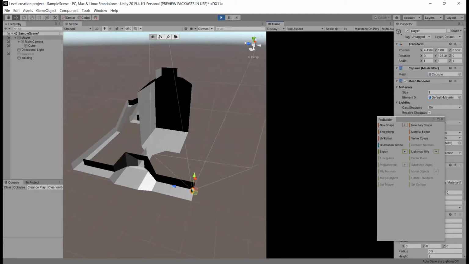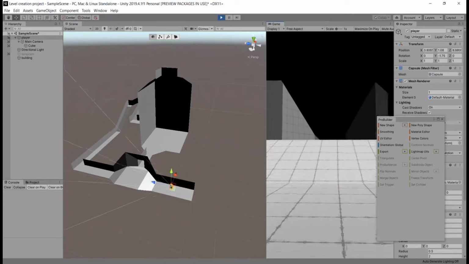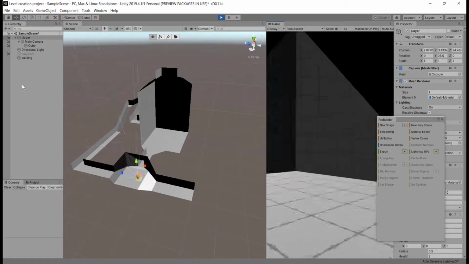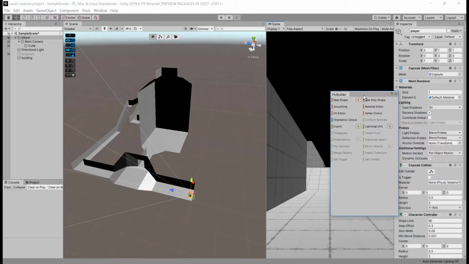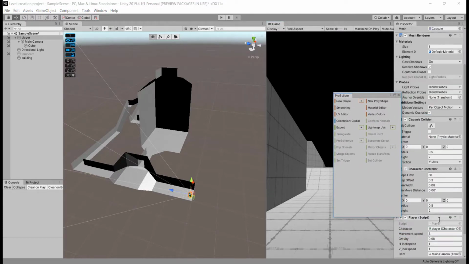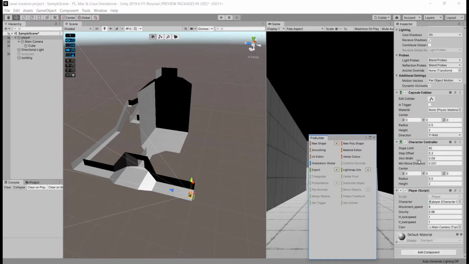Okay, so you can see our game window on the right side, and our character can actually move around in the level. So let me just increase the move speed in our player script.